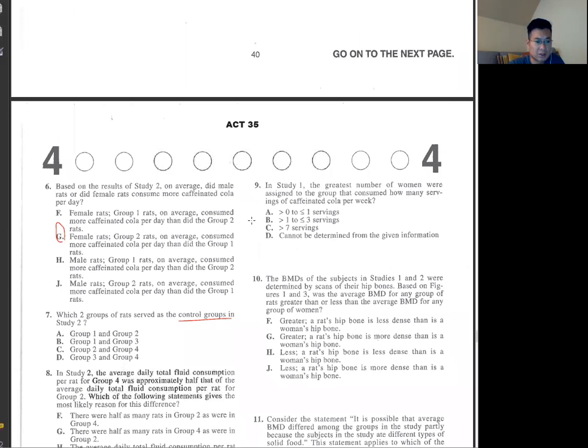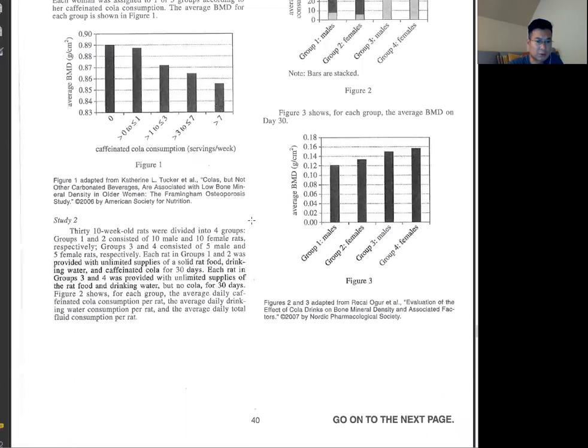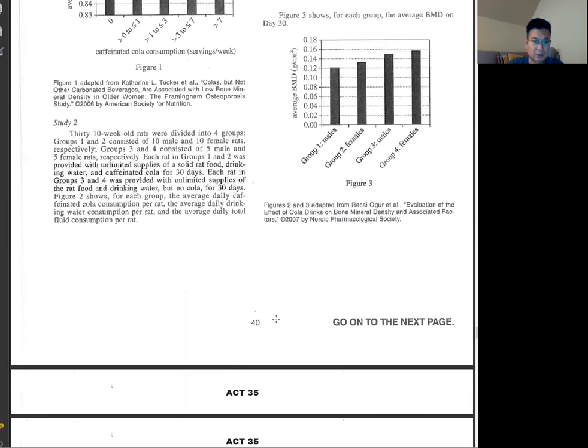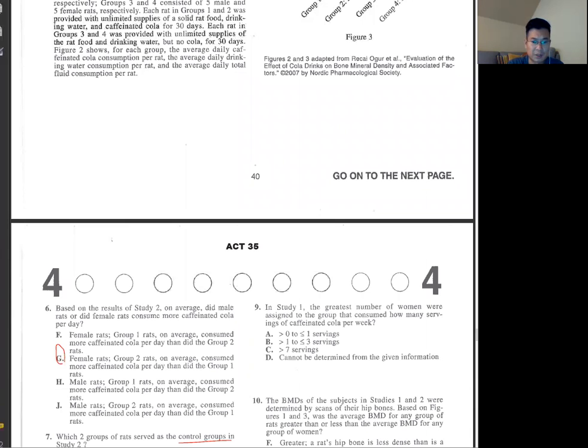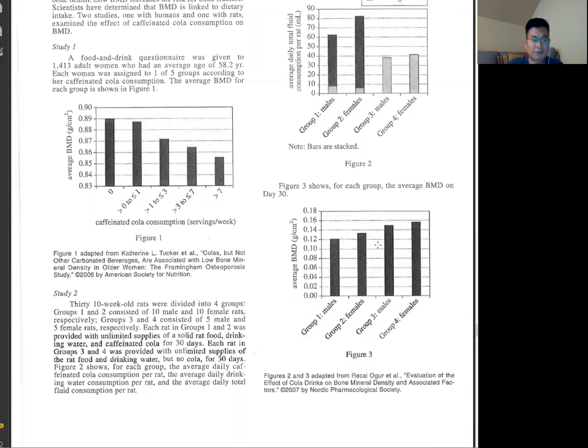Since it says study 2, we have to find some clue, because from figures 2 and 3 we can't find much about this. So we have to find whatever clue we can. Even from figure 2, the graph itself, I mean,